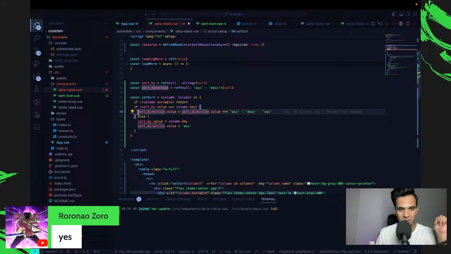Copilot has really pulled it off. So then we are just going to change the direction of the sort. Otherwise, sortBy dot value will be equal to column dot key.